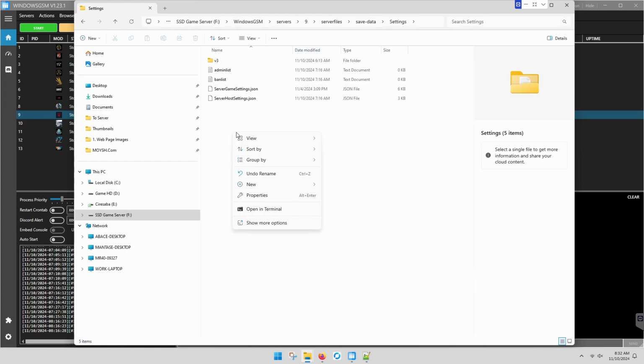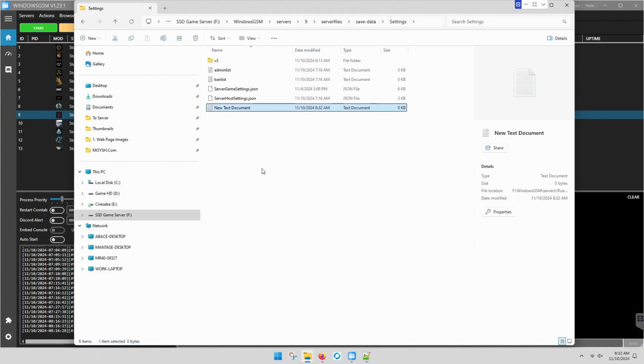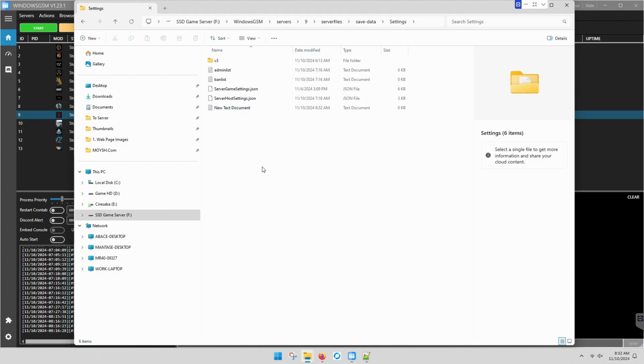So you can right click and do a new text document. Go to makeyourownserver.com, go to the Windows GSM servers, and go to vRising, and you can copy and paste or download the text document, either one. When you copy and paste,